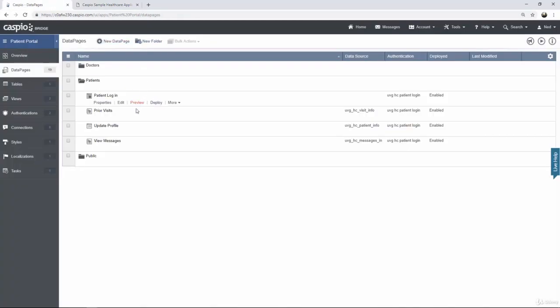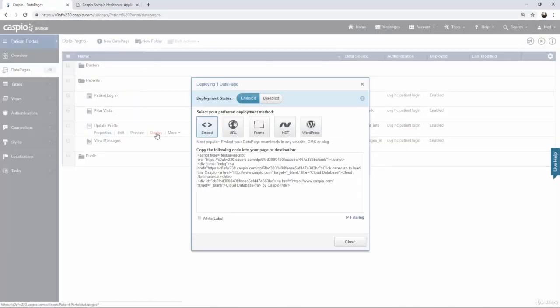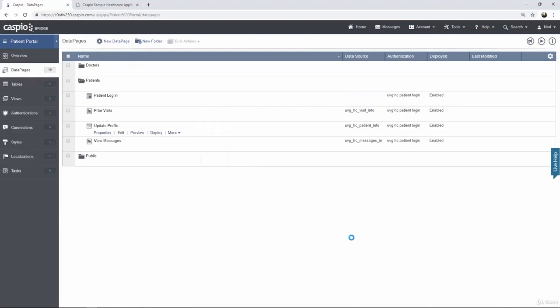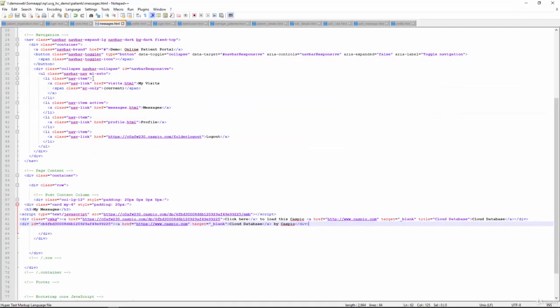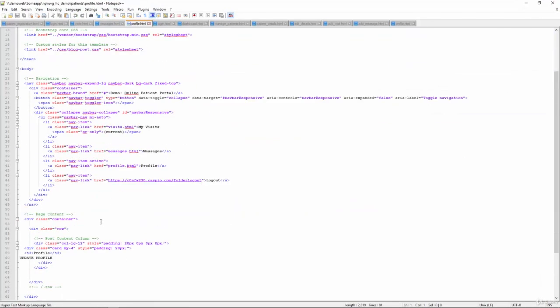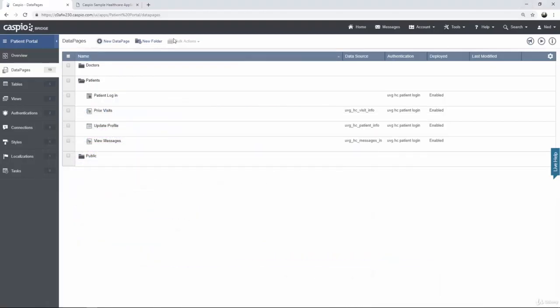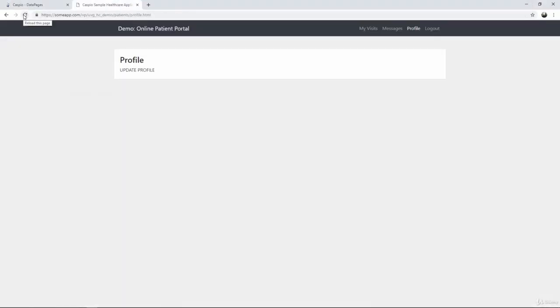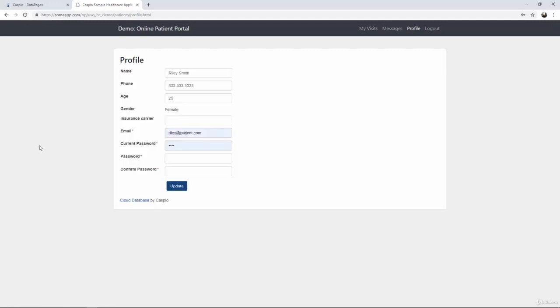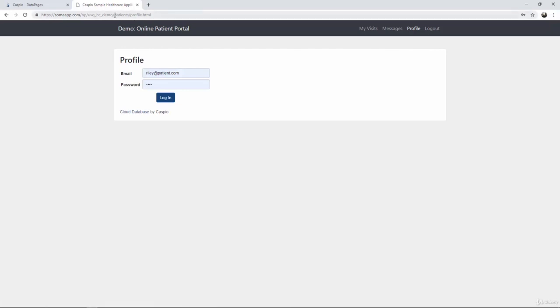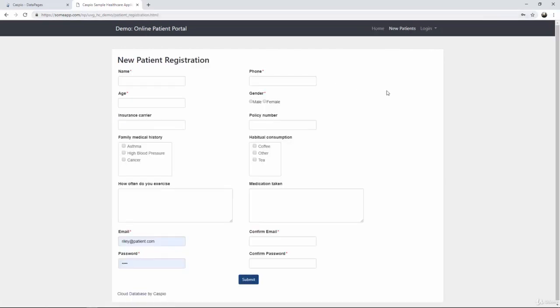So back inside Caspio, that's our very last data page, update profile, copy the code. There's the web page, replace the text, and we should be able to see this form. It's going to allow Riley to be able to update her profile. Let's go ahead and log out, and we're going to go now to the doctor's side, which means when I